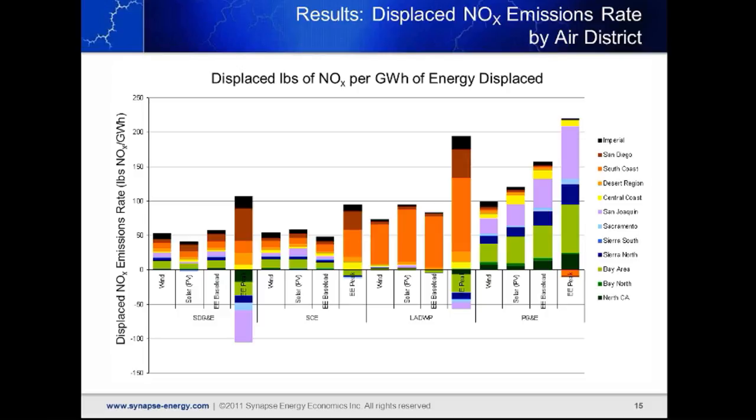And if we were actually the San Diego Air District, that would be the second slot down on the first bar, so the very dark red color. And you would see that it's actually displacing fairly little NOx within SDG&E, even though the primary wind turbines are put in that service territory. And this changes across various regions.